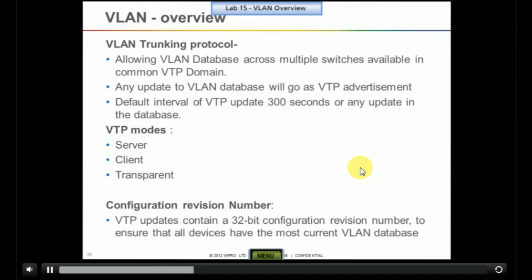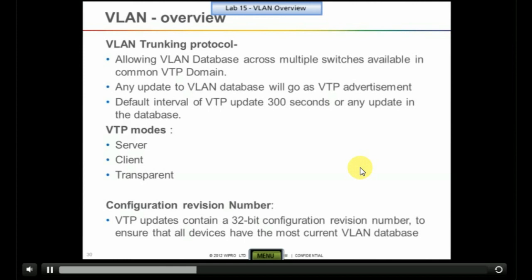After that, you can synchronize all the VLAN database information available in that VTP domain. Then you can convert it into the server mode. That is how we are normally supposed to do it. And transparent mode is normally used for a testing environment.